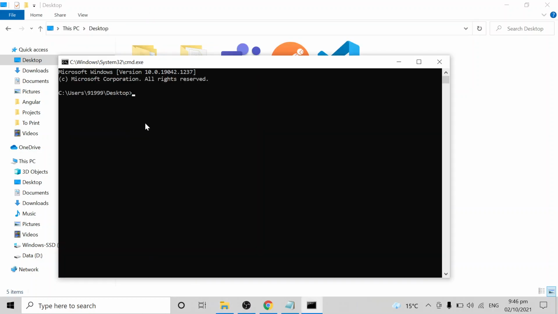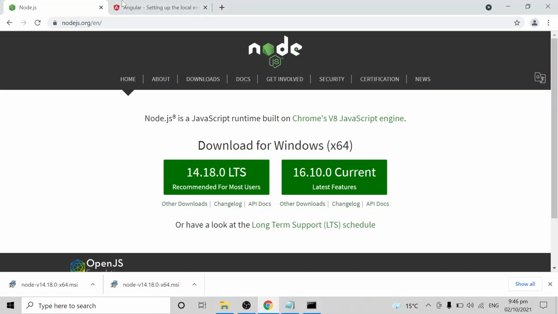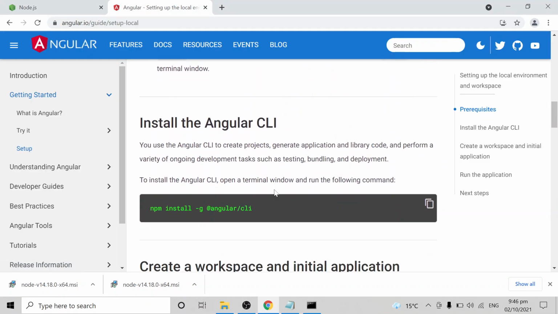Then it will open the CMD, and you can run npm -v to check whether Node.js has been installed. You can see the particular version also. So now the Node version installed is 14.18.0 and the NPM version is 6.14.15.